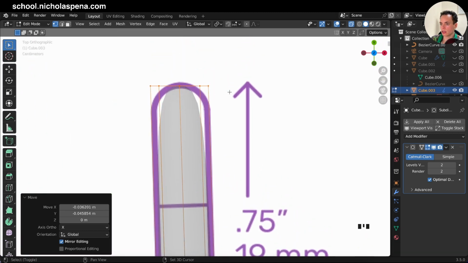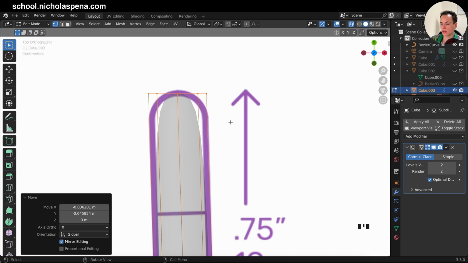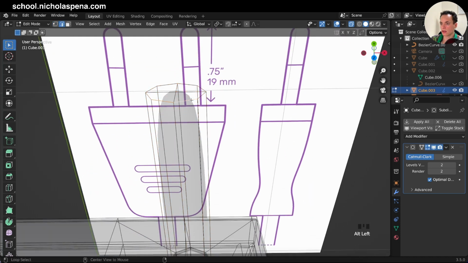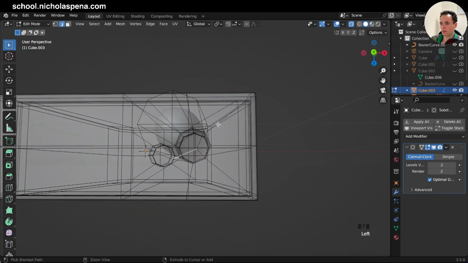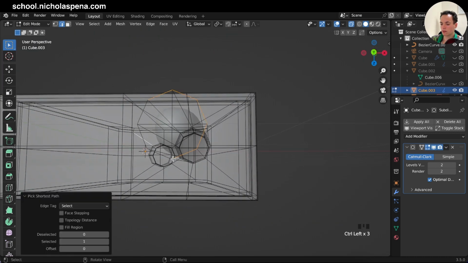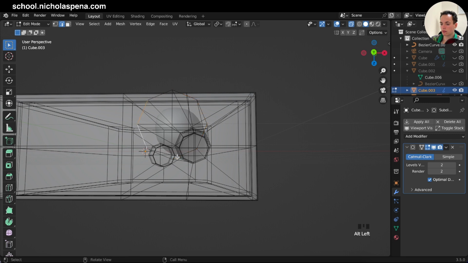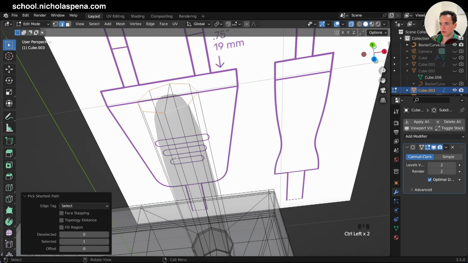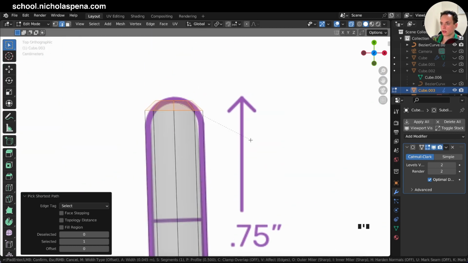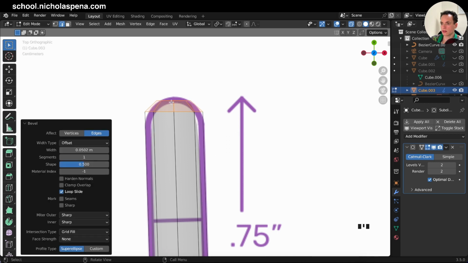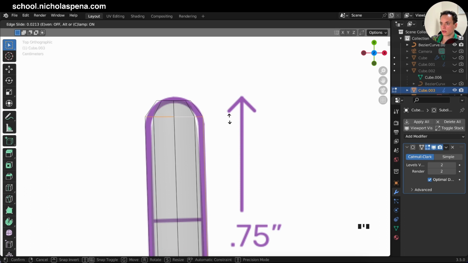Now, what I can do is get this, shift click all around, not these, control click, like this, and then do Control B like this, Alt click, bring this a little bit down,